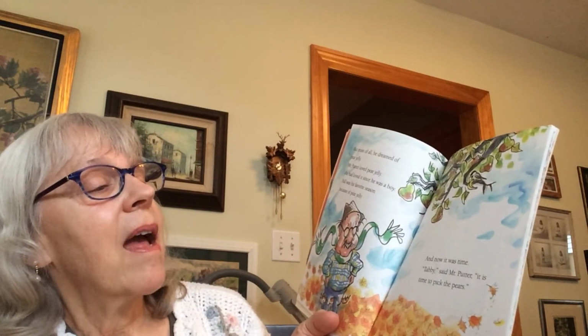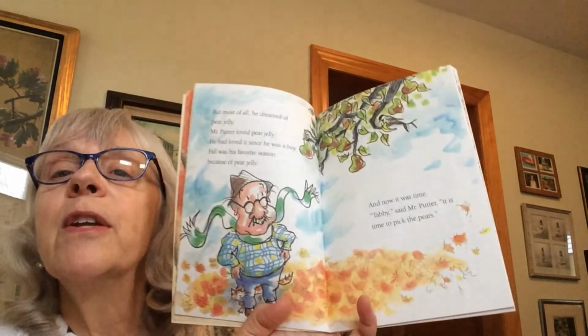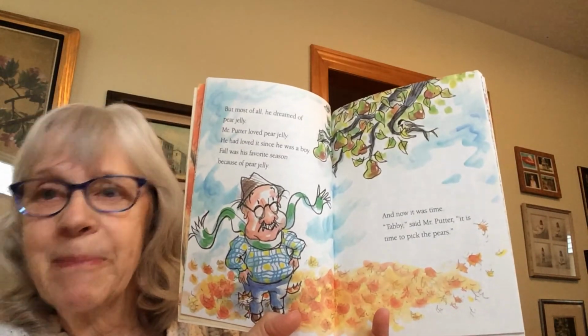And now is the time. "Tabby," said Mr. Potter, "it is time to pick the pears." Tabby loved it when Mr. Potter said it was time to do something. She was old, but she still liked excitement. She followed Mr. Potter into the garage where he